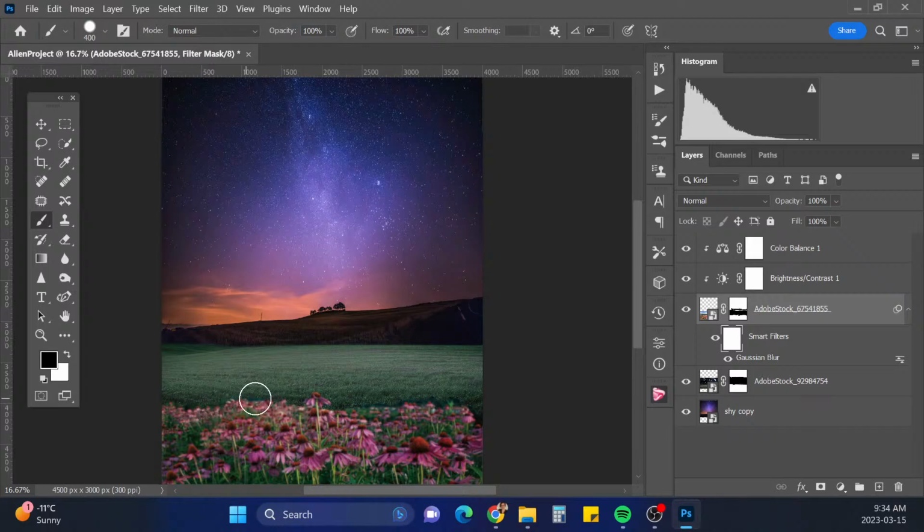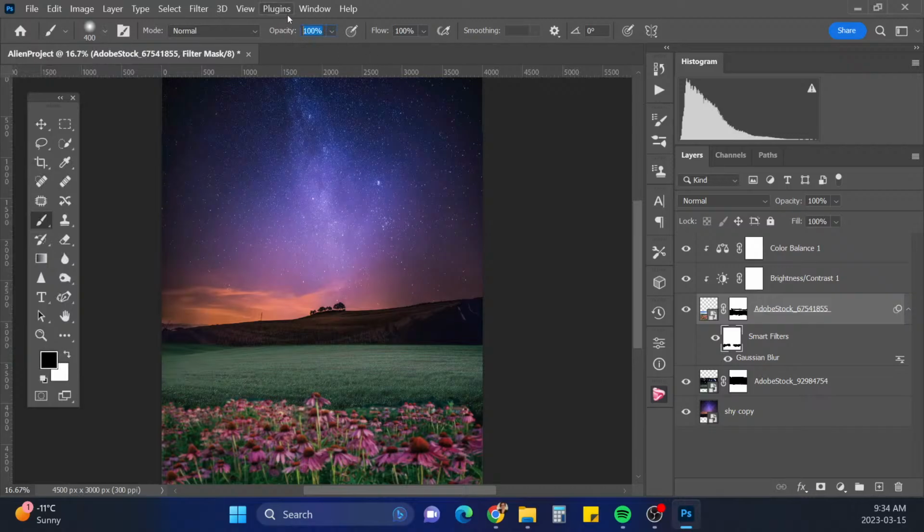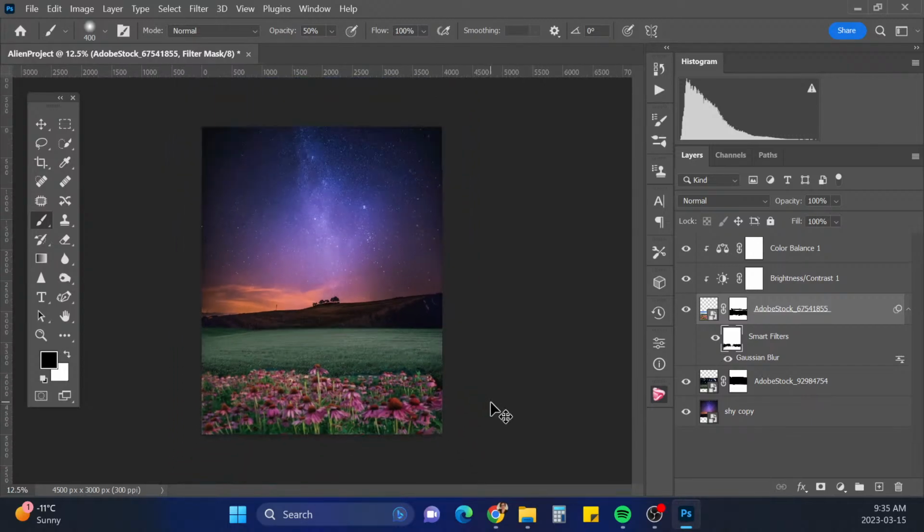So I don't want those to be more blurred. Okay, and then sorry, make it a soft brush and go to 50. Okay, something like that.